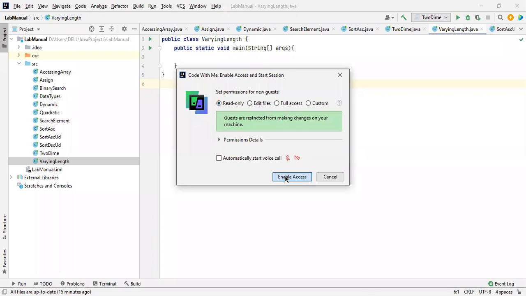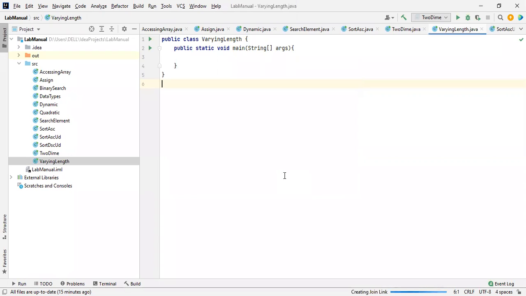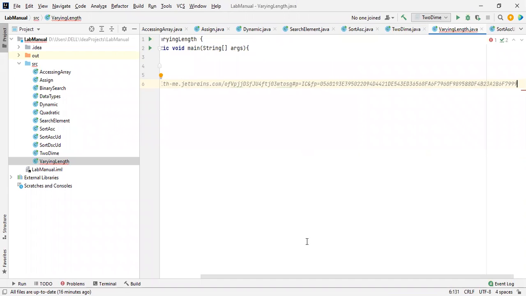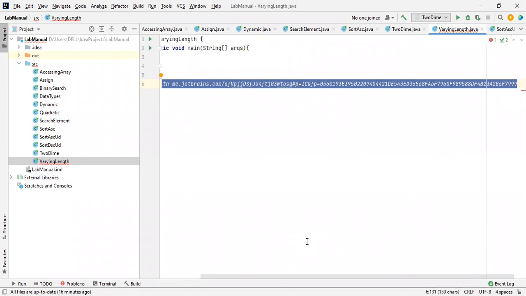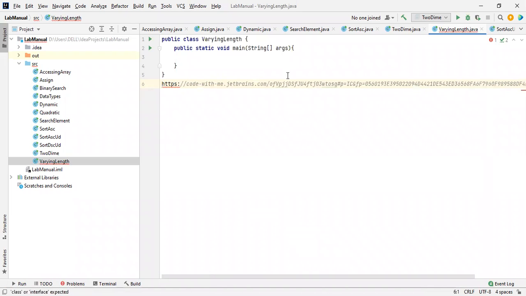Here, by enabling access, we can speak and share our video also while working. The link has been copied, and I can share it directly like this. See this, this is the link. It has been created. If I share this link with you, we can work together. Even if there are 100 members, we can all work together inside the same environment as a team.